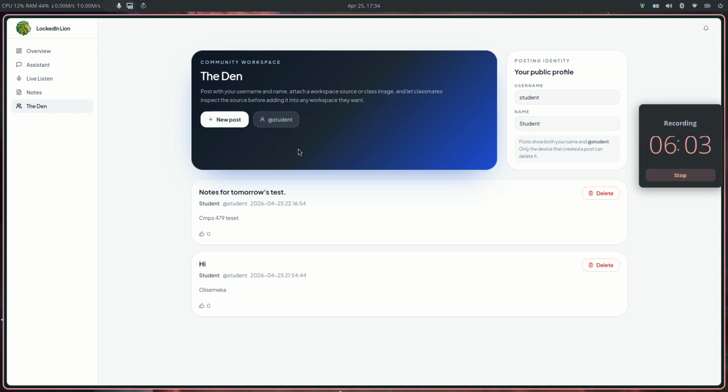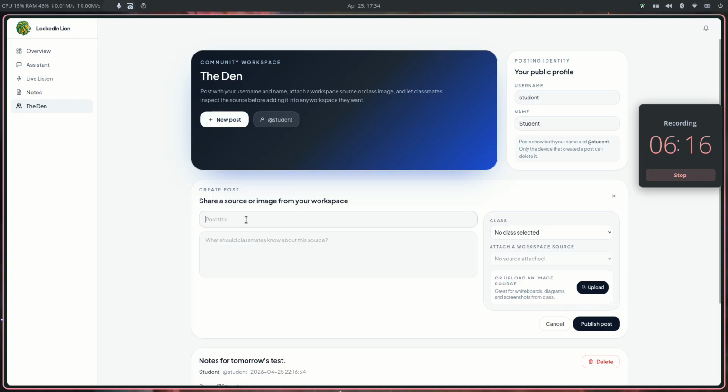So this is a community. Imagine you did not show up for class, and you can easily come to the den and just ask, oh, does someone have the notes from this class? Or if you're a good student and you actually have notes, you can just upload whatever notes you have. This is the data from our experiment